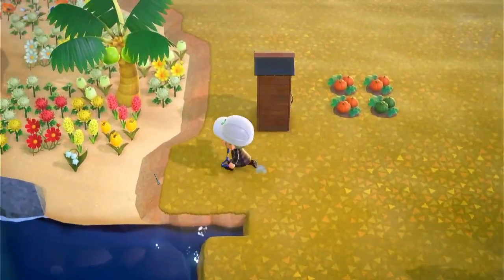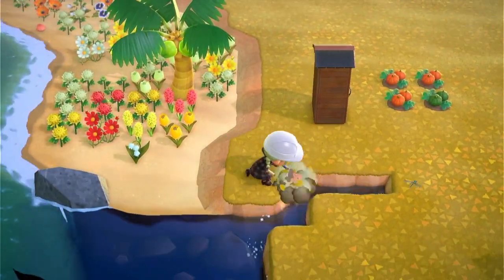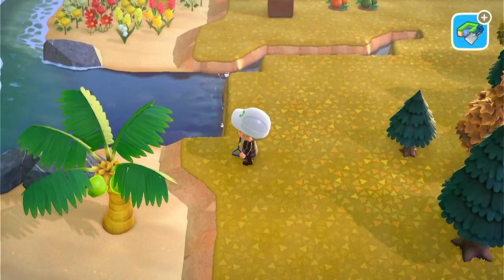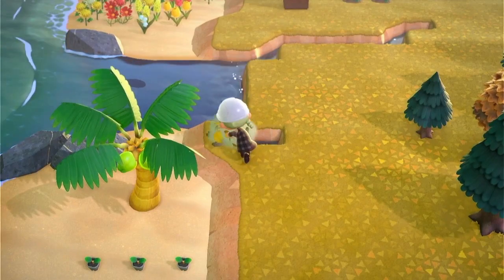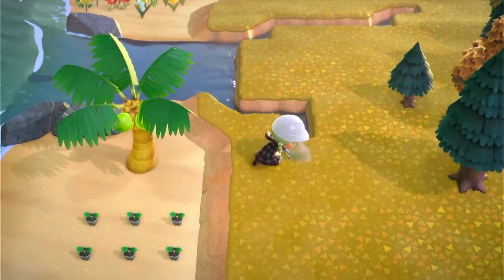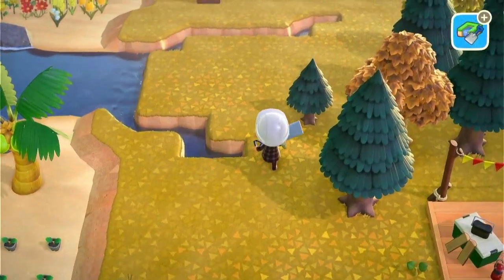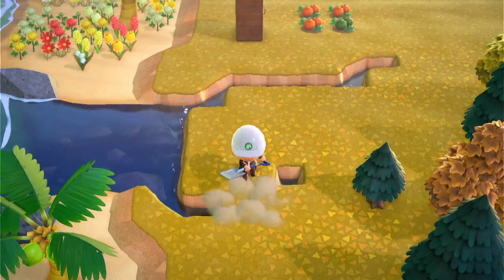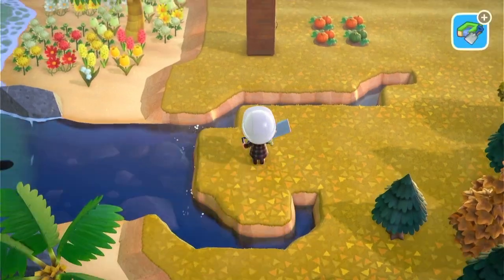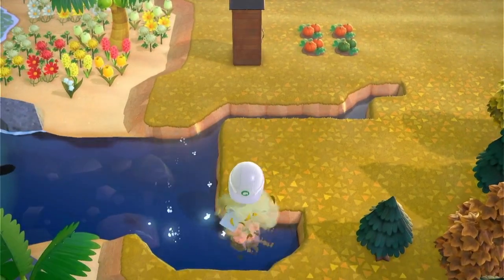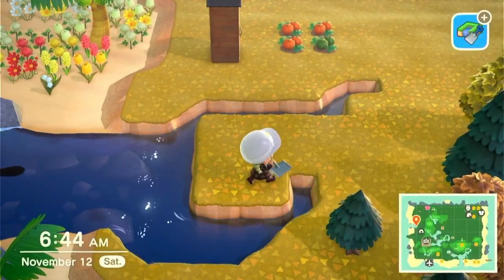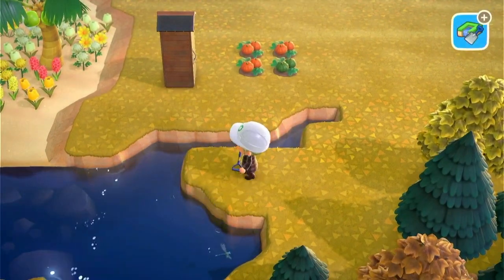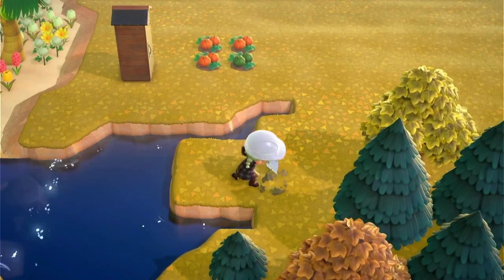So now I'm going to start water forming, and I'm just making this stream that's going to go behind the campsite and kind of separate the area between the campsite and my house. I wasn't really sure exactly what I wanted it to be, because I kind of wanted to continue the stream over to the campsite area, but I didn't want it to be super difficult to walk through, so I decided to keep it pretty narrow and just long enough to have a nice bridge. But yeah, just kind of keep it to almost like a little river versus an actual lake,